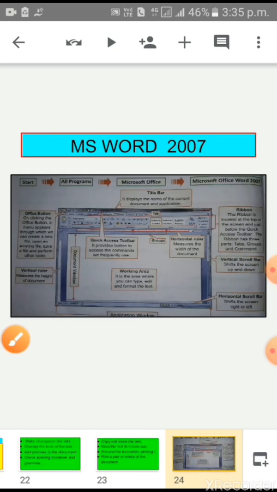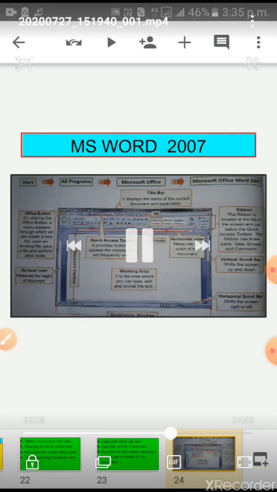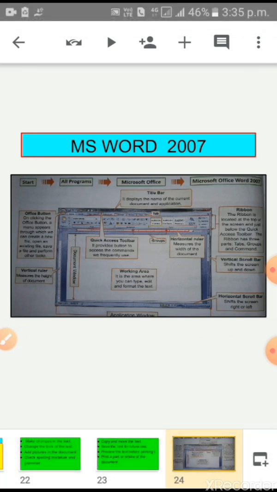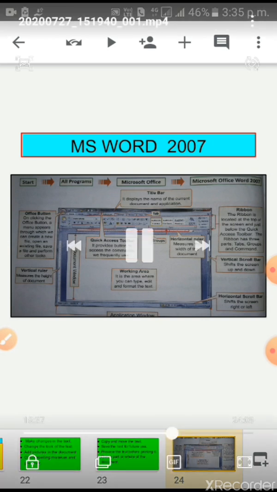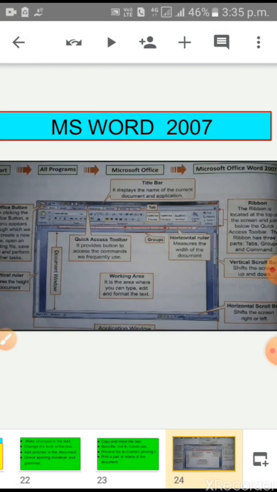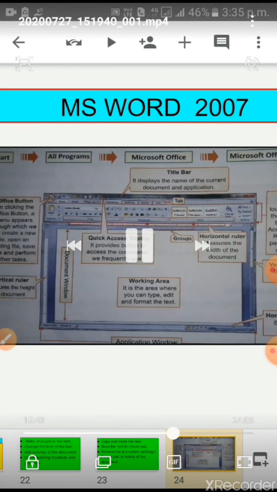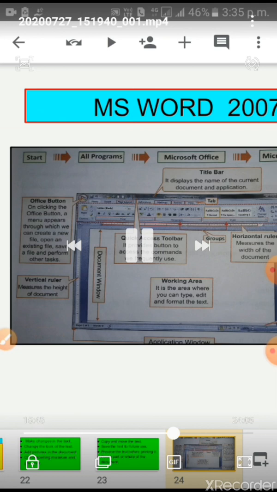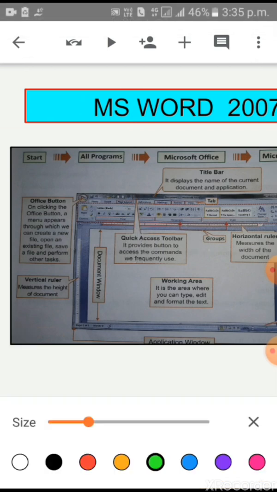Now children, you can see the Word application window on your screen. This is MS Word 2007. Children, how to open MS Word? First of all, go to the Start button.